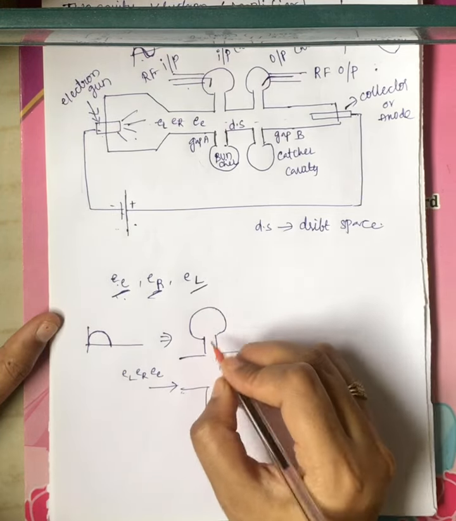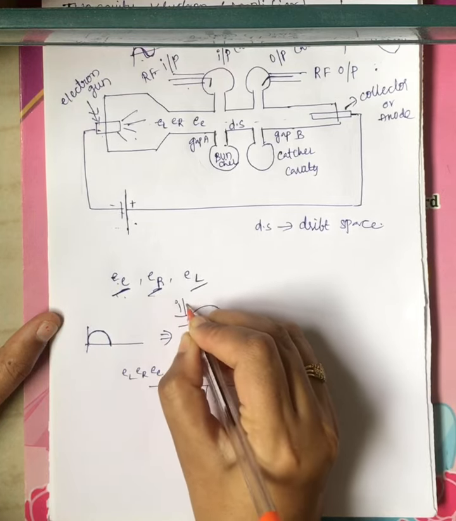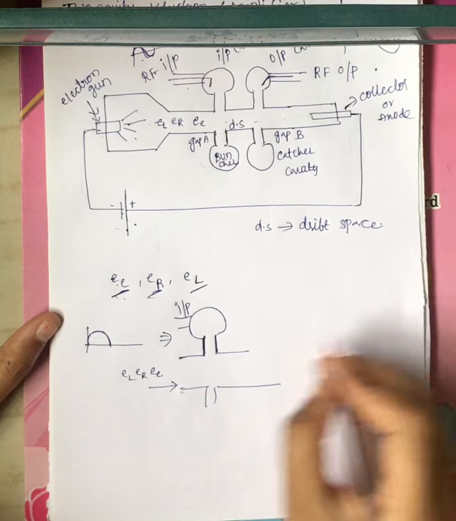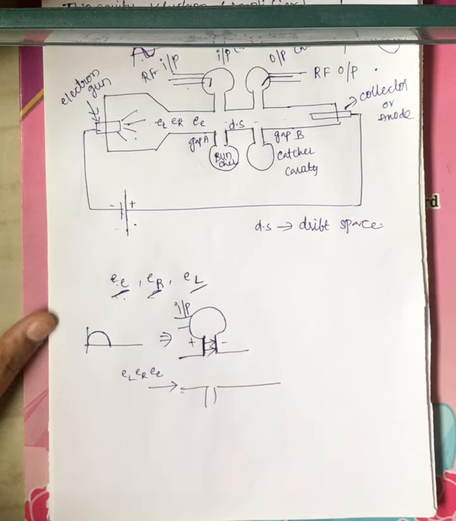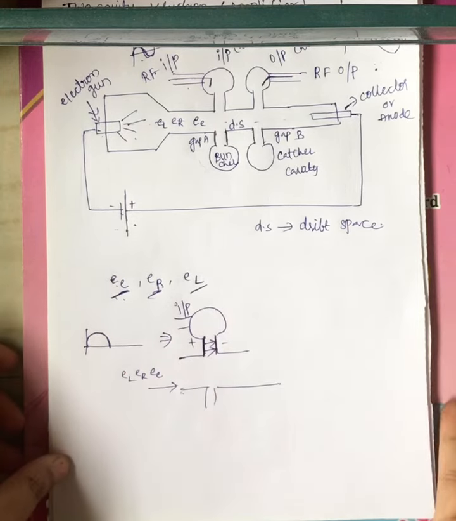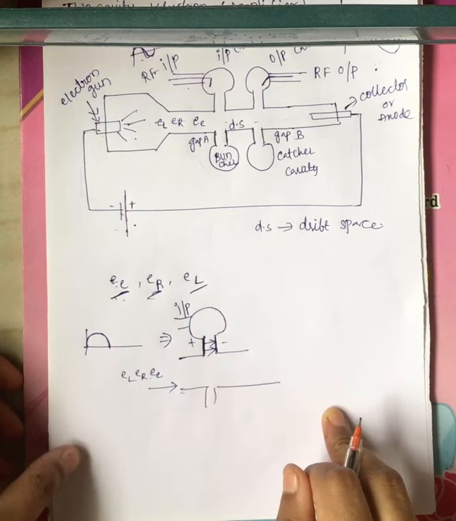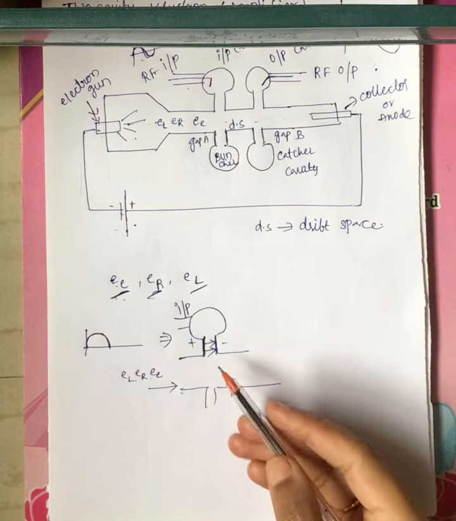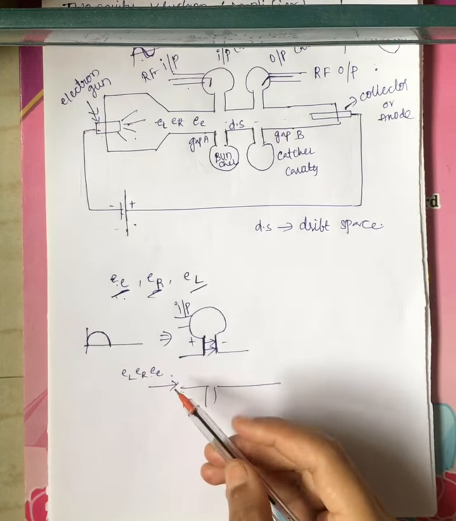Now what happens here is, it contains some capacity here. This is your input signal. Now the electric field strength will be in this direction, and the electrons are also traveling in this direction. Now what happens to its velocity? The electron is negatively charged.